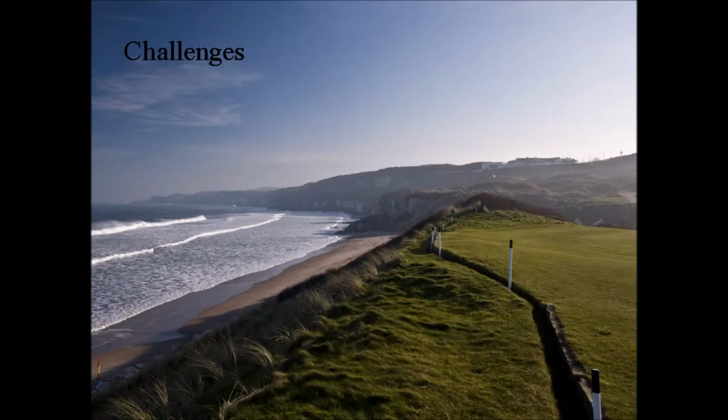And that's kind of just one among a number of challenges. There's a lot of things that sandy courses, as I've talked about, really have going for them. But it's not without its challenges. This is the fifth green at Royal Portrush, and one of the major challenges that courses built on sand face